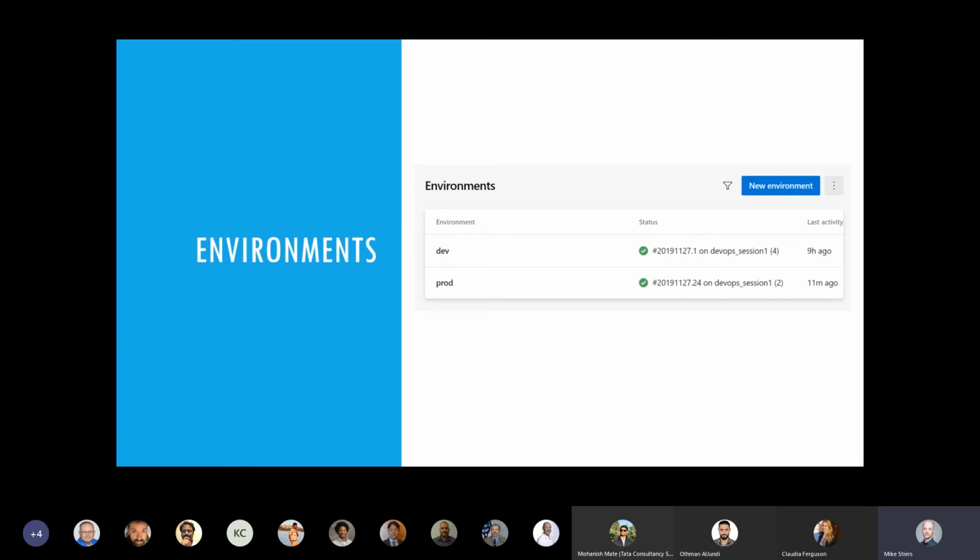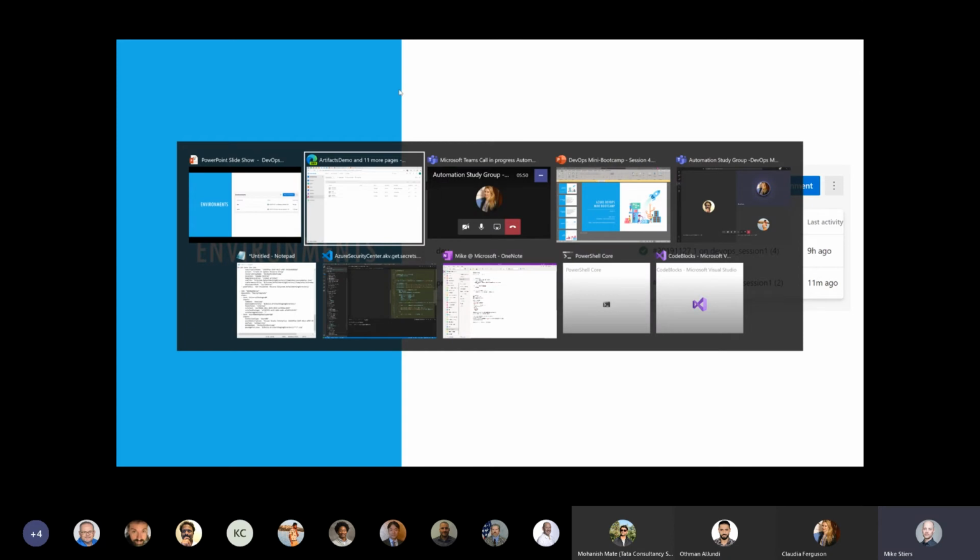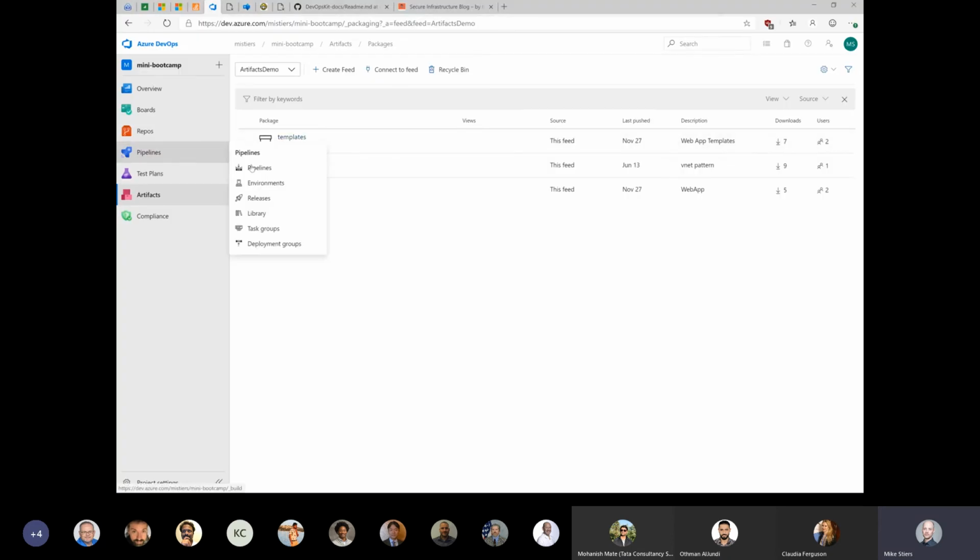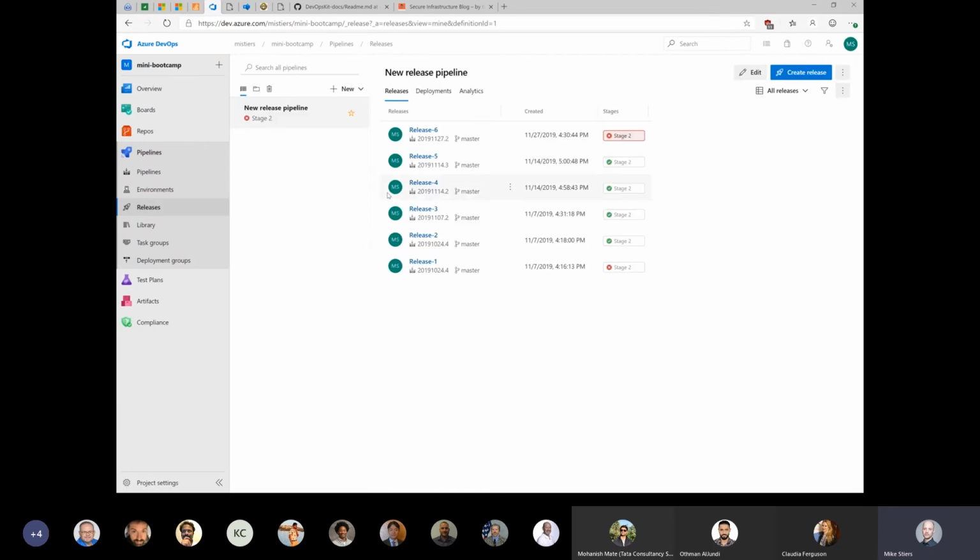The classic pipeline also supported approvals before each stage. In YAML, which we've switched to multi-stage YAML, we cannot do approvals without creating environments, so this is a necessary step. Just to give you a quick example of what that used to look like, in our classic release pipeline,